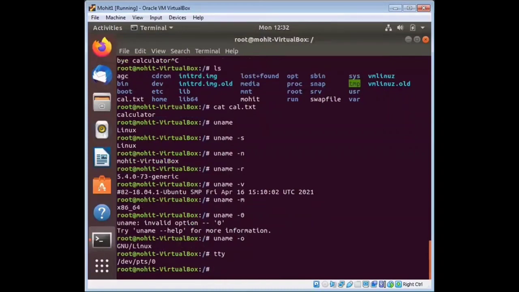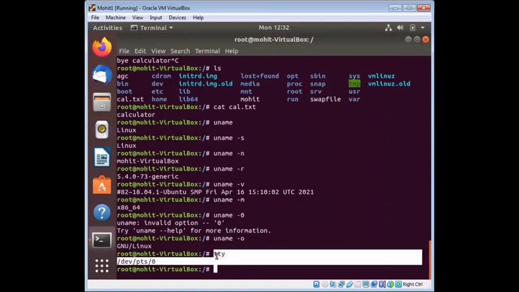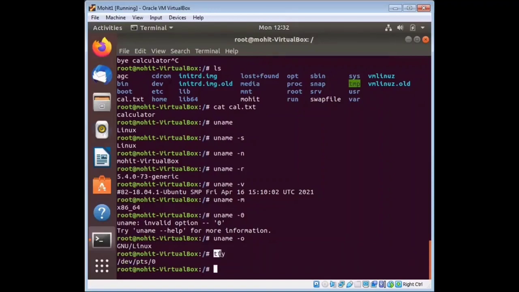When you press enter, it will show you /dev/pts/0. So tty writes the name of the terminal that is connected to standard input onto standard output. This command is very simple and needs no arguments.